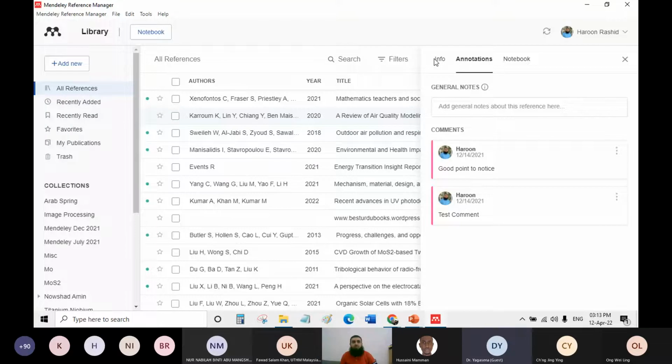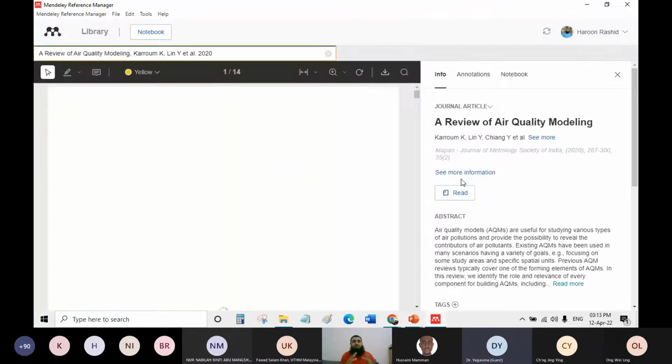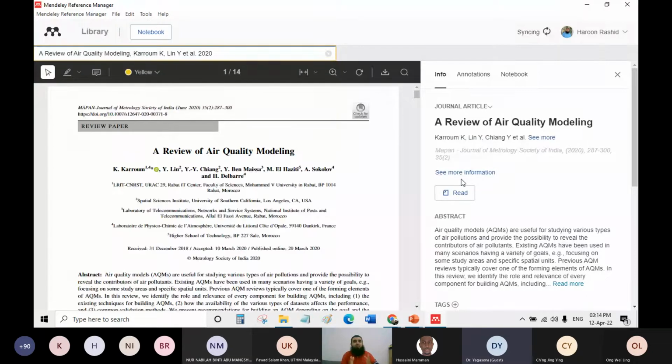So let me go to the paper. I click here on read. When I click on read, the whole article will open up within your Mendeley Reference Manager. And the interesting thing about Mendeley Reference Manager is that it is unlike a PDF viewer, because in a PDF viewer, if you open up the file today, you close it. For example, like this one, this document is 14 pages. So in this 14 pages document, you were reading at page number 7,